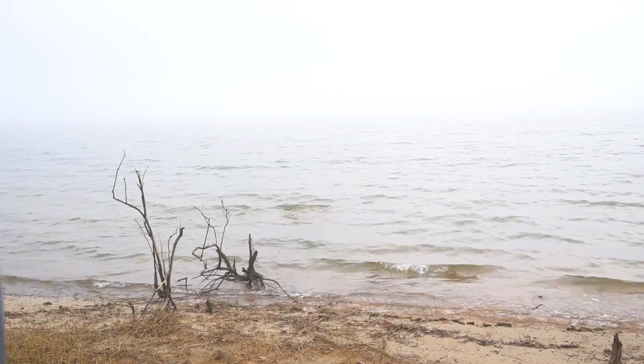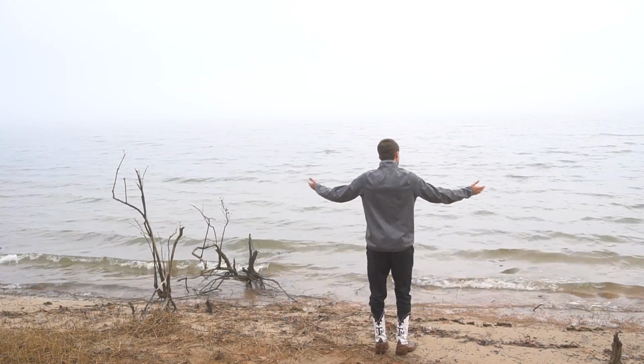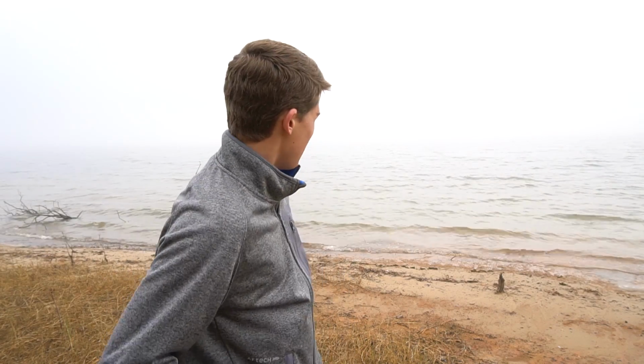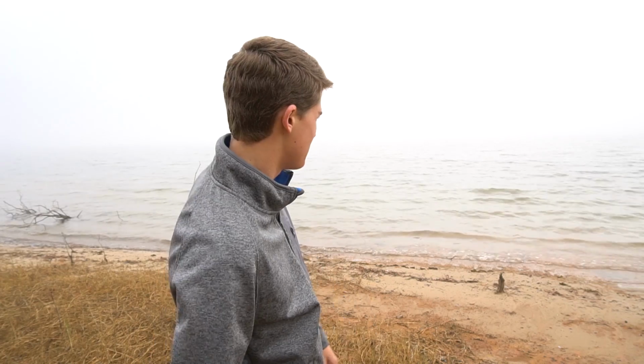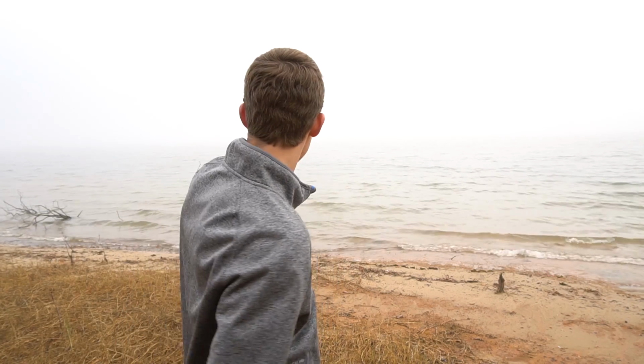Well, good morning, folks. It is day 3 of tournament practice, and let's see what we're dealing with. Well, everybody, excuse my cowboy boots, joggers, and jacket here, but this is the kind of conditions we're dealing with today. Now the storm is about to roll in about 30-45 minutes. It's about 11 o'clock in the morning right now, and we have seen fog like this all morning. I can hardly see 30-45 yards. Right about now I can see 100 yards because the storm is coming in, the wind is blowing in and